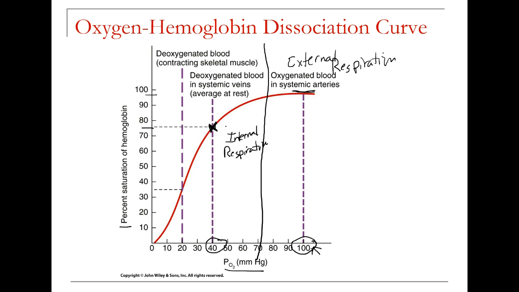So that means if I go up here, capture this top level of the graph, all the way down to about where that is, that's the amount offloaded onto those average resting tissues. And that's going to be about 25% of the available oxygen. Now, let's say that you had some tissues that were very metabolically active. You're running, and your large skeletal muscles are using up lots of oxygen because they have to create lots of ATP. Well, you may see the area around those drop down all the way to maybe 20 millimeters of mercury